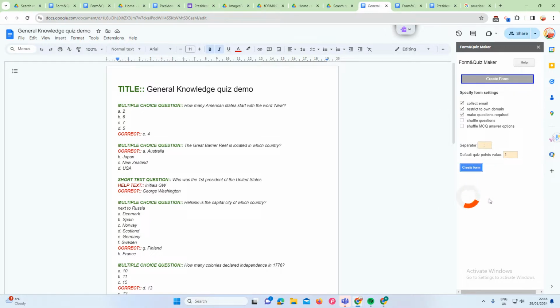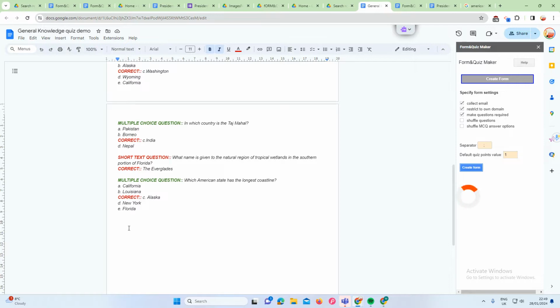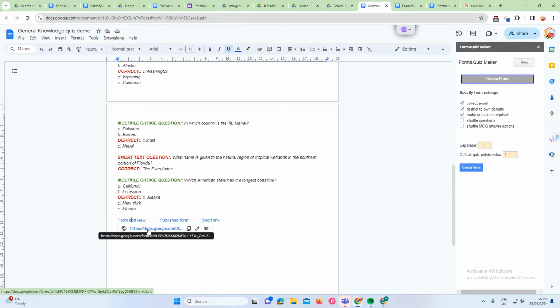This spins to tell me it's doing something. So what it's doing is going through and creating a new form, making that the title, and adding these questions and setting the correct answer for each of them. And at the end of it, it will put a link at the bottom of the document to an editable version of the form and to a live version of the form. So there you are, I've done that. So if I click on there,